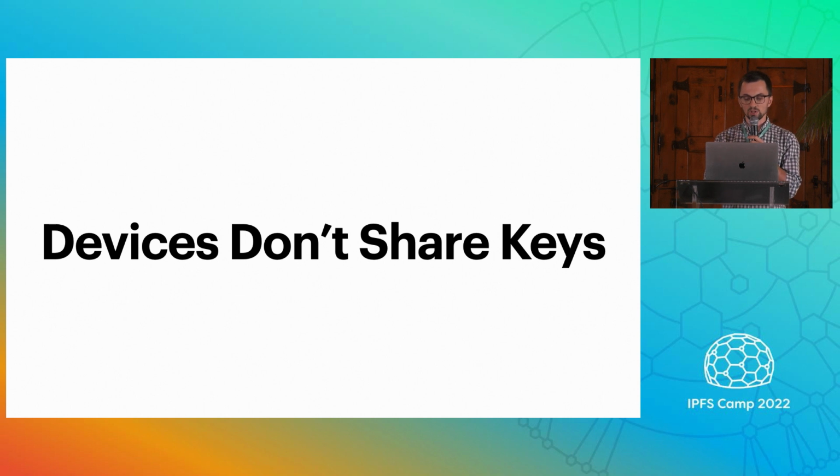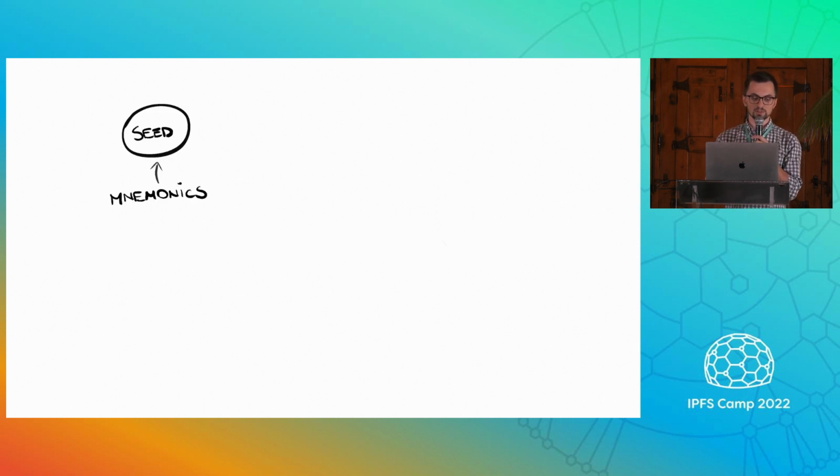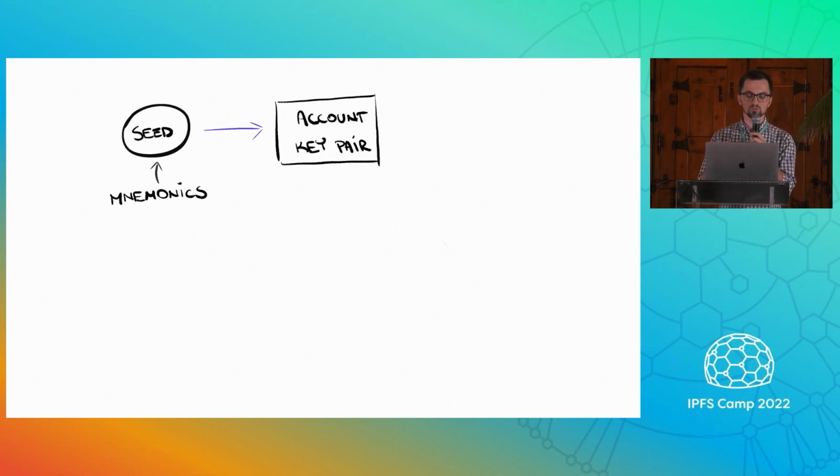So the way it works right now is that the identity begins with a cryptographic seed, similar to your crypto wallet, like an Ethereum wallet or Bitcoin wallet. We encode that into mnemonic words, and that is the only part that you really need to keep secret. You need to keep it handy. You need to store it securely. And this is the key for your Mintter identity. And from that seed, we derive the account key pair, which is like a master key, which represents you on the network. It's actually a key pair rather than a key. The public part of that key pair represents you as a Mintter user,